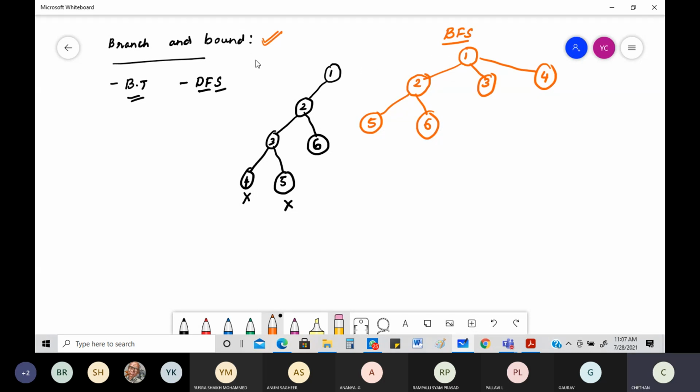Now, where do you think this will be used? This branch and bound technique will be very much used in optimization problems. What is an optimization problem? When you want to find out anything related to minimization, we basically use our branch and bound technique. It is a very important technique. For this, there are various examples that you can use. What are the examples that you're going to learn? There are 2-3 examples.